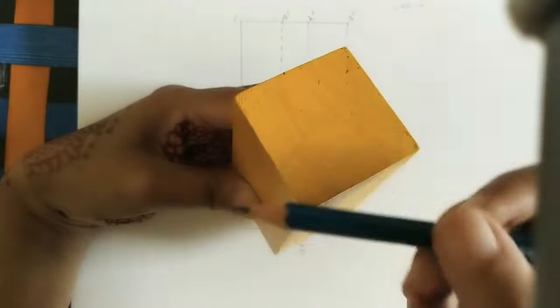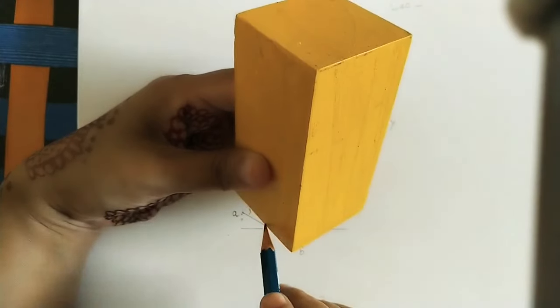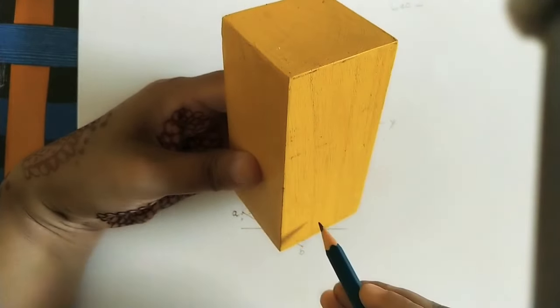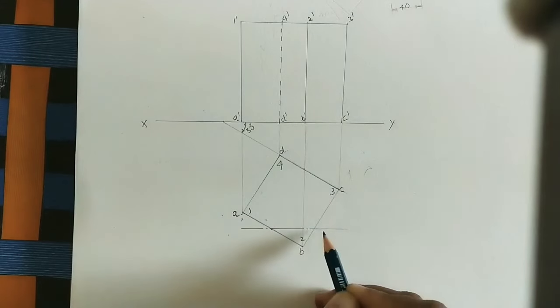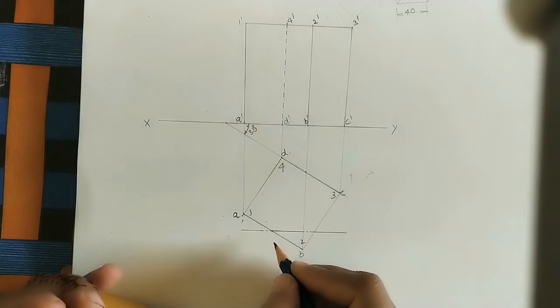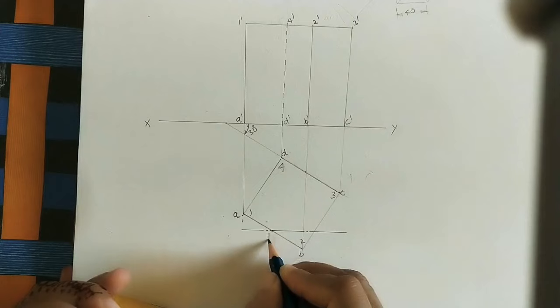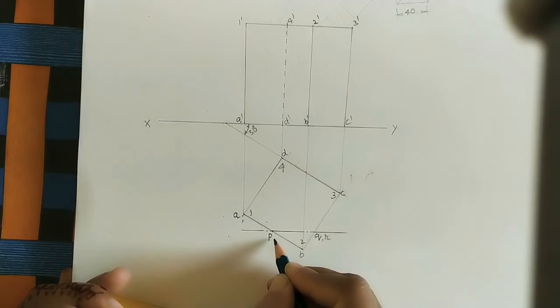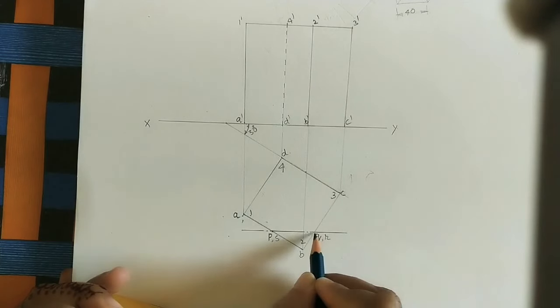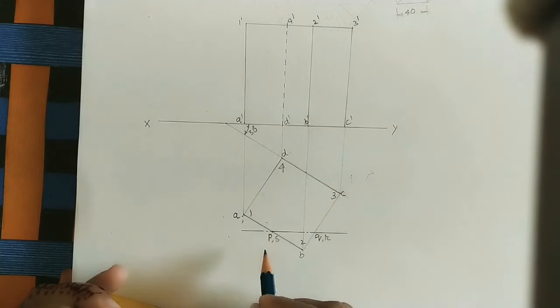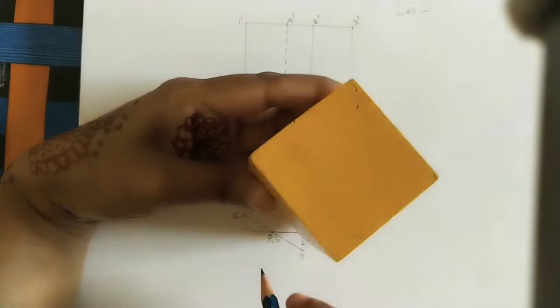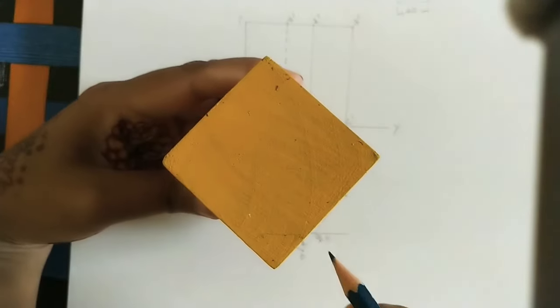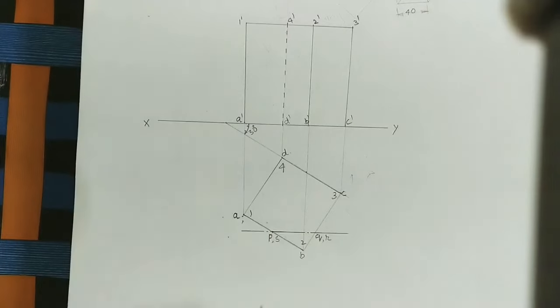Now this cutting plane is touching this point as well as this point, this point as well as this point. Okay, so at each intersection point 2 points are coming. So mark the points, small p, small q, one more point, or here one more point s. Okay, small s. So at each cutting point 2 places are coming. So here 1 point, here 1 point, here 1 point, here 1 point. Okay, so these are the cutting points.